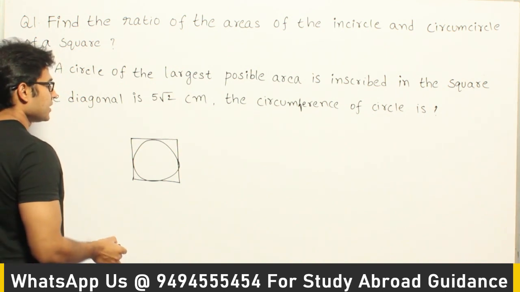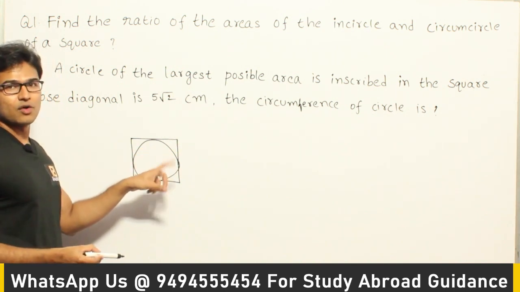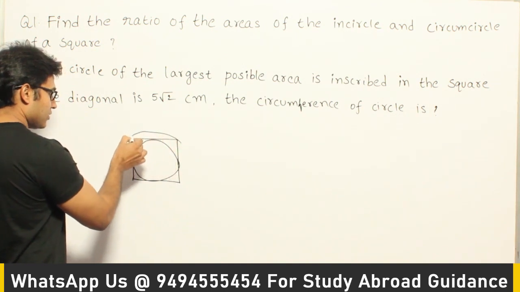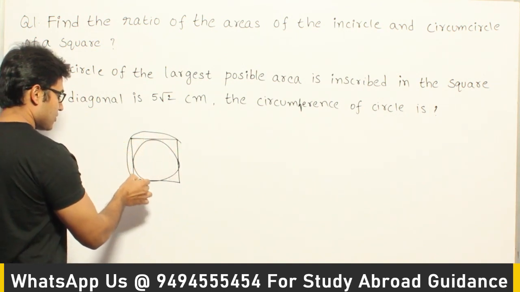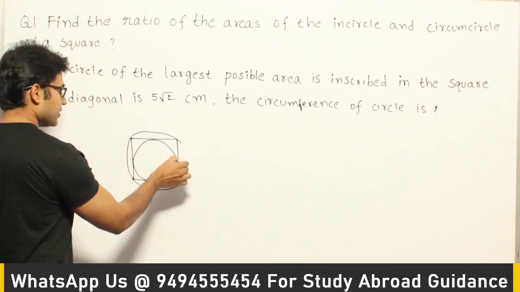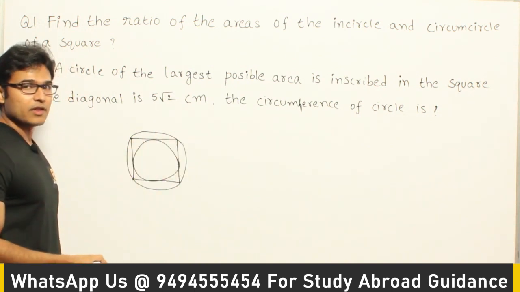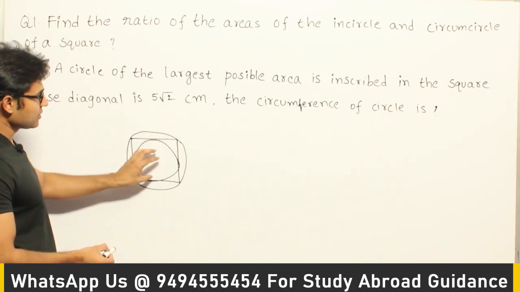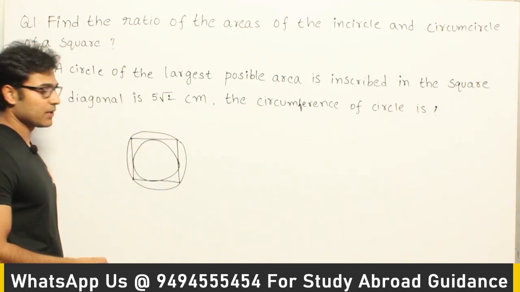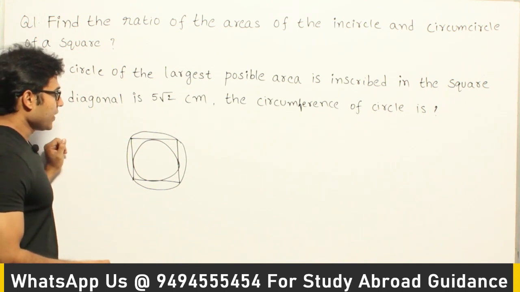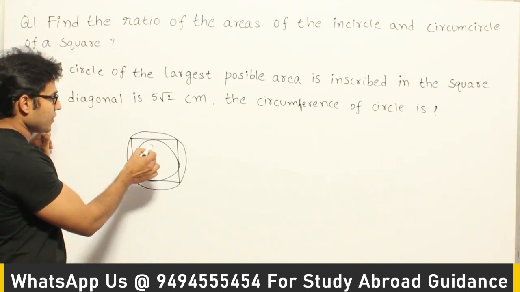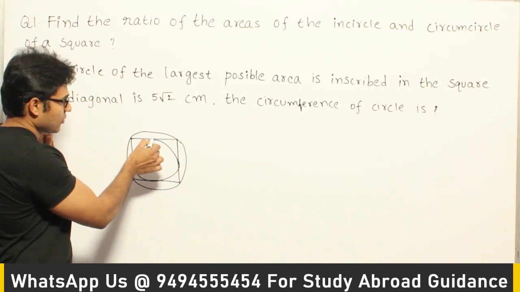Now what is circumcircle is, if you draw a circle outside this square in such a way that it is touching all the vertices of the square, then it is called the circumcircle, right? Therefore inside the circumcircle the square is present, and inside the square incircle is present. Okay, fine. Now the other properties of this incircle and the circumcircle are, one is, if you draw a line